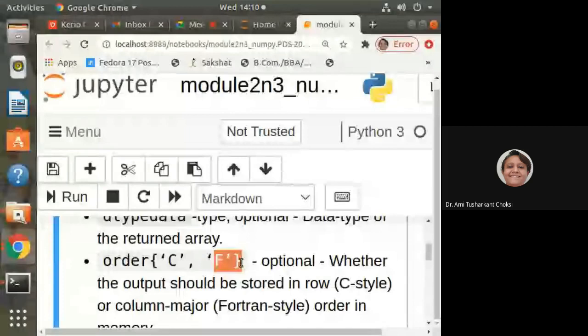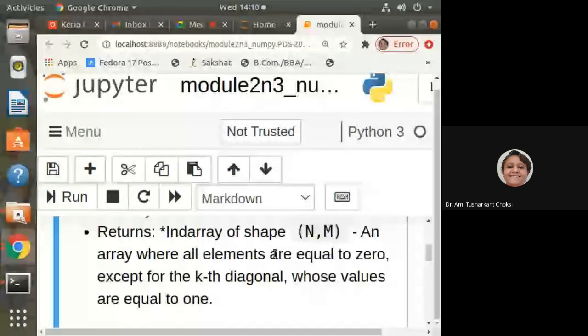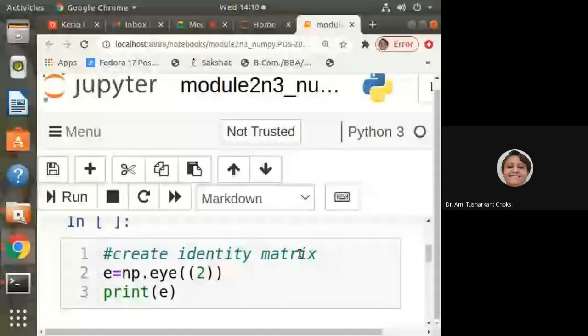It is based on the language. So N and M give the shape of the array. Let us see this, we can have the idea.